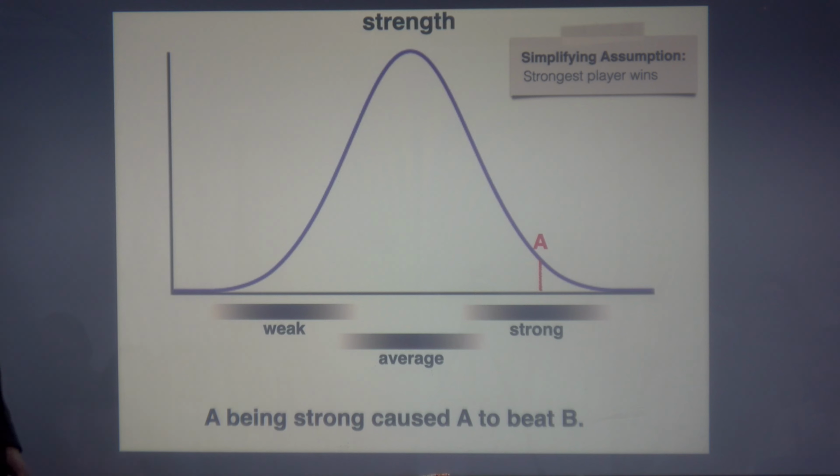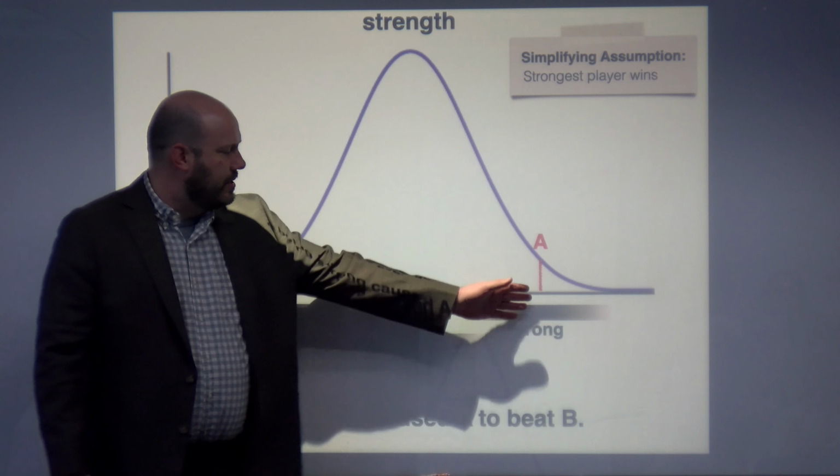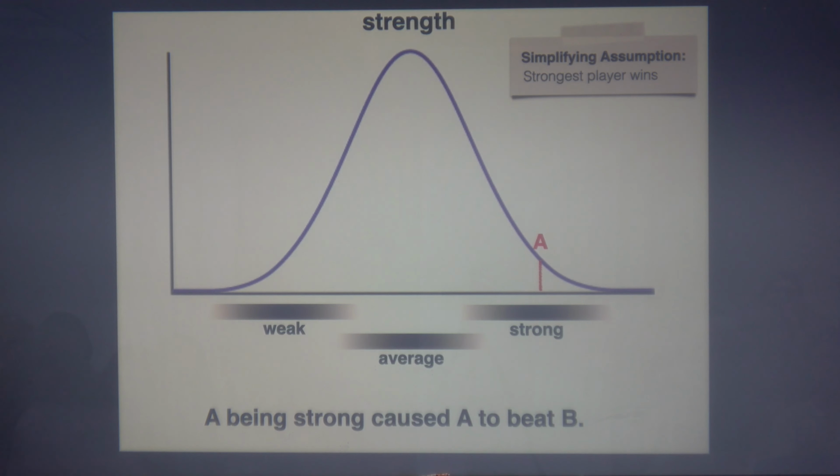So first we draw a strength for A, conditioned on A having been strong, so probably somewhere close to the prototypical strength of a strong person. And we know that A beat B, so we draw a strength for B conditioned on A beating B, which means B must be weaker than A, right? Because otherwise A would have won. And so maybe B is somewhere near the middle of the distribution, or maybe a little bit to the left of the middle.